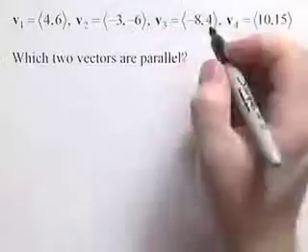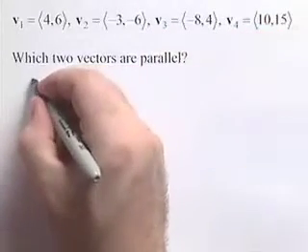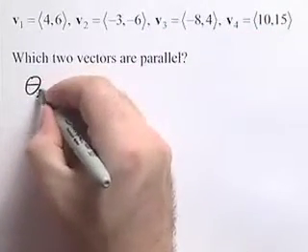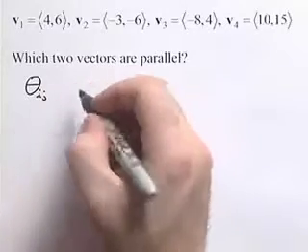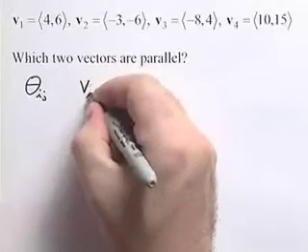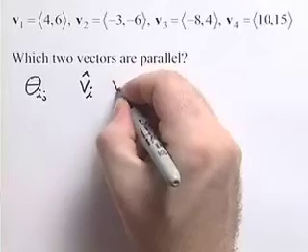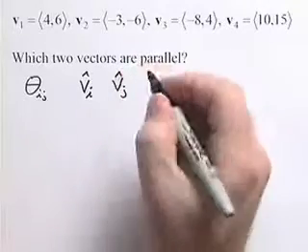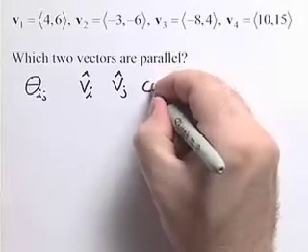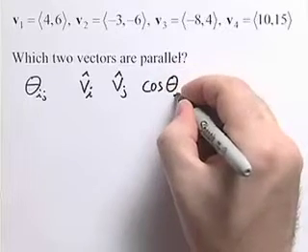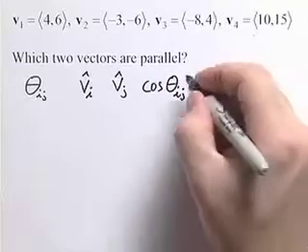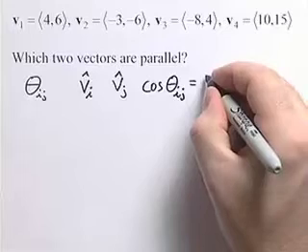Here we're given a set of vectors, and we're asked to determine which of the two vectors are parallel. We need to recall that if we have an angle theta subscript ij, the angle between vectors v sub i and v sub j, then we'll have the cosine of theta ij is equal to the dot